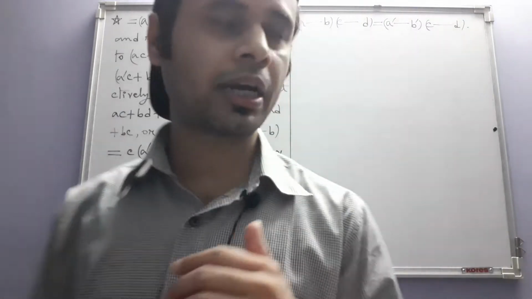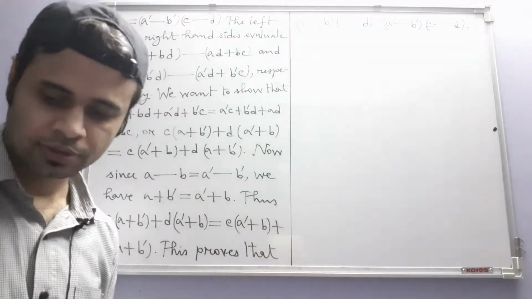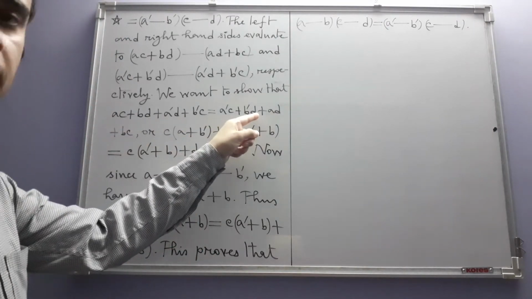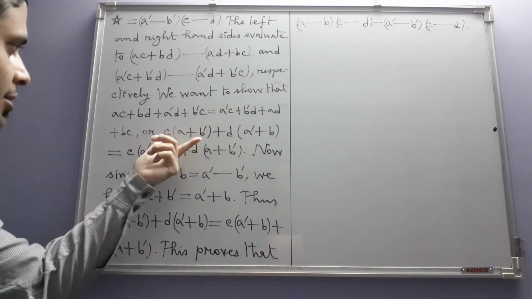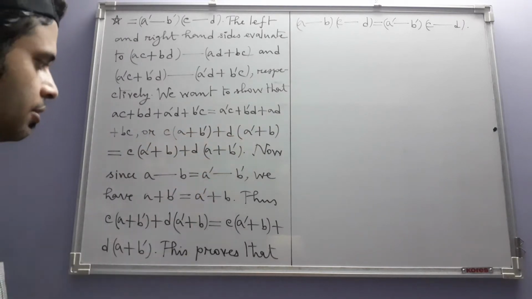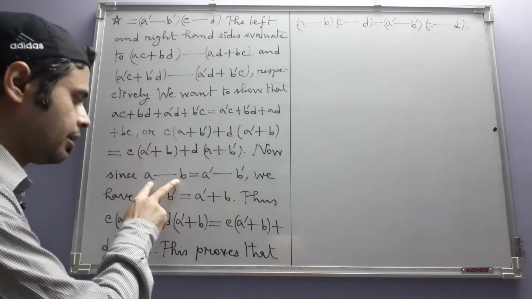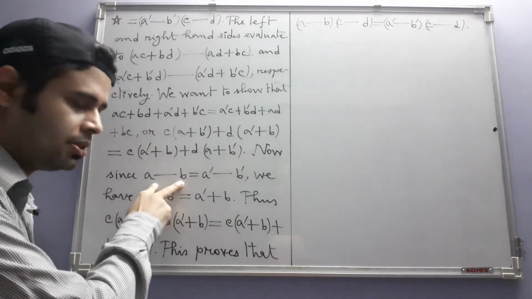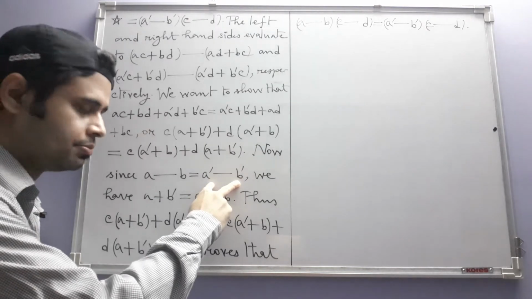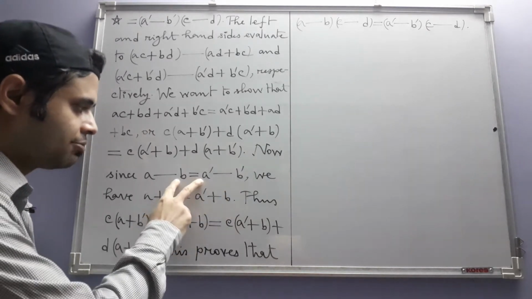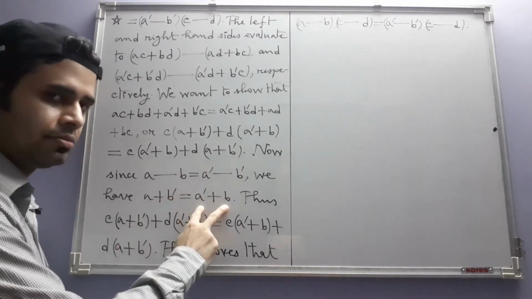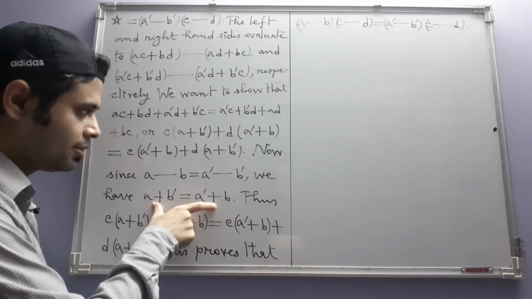Okay, so we were going through this proof. In this proof, we wanted to show that this happens, and after some manipulation, they took these forms. And now we are given that this integer a dash b also has the representation a prime dash b prime. So from our definition of equality of two integers, we get this condition, and from this condition we can easily